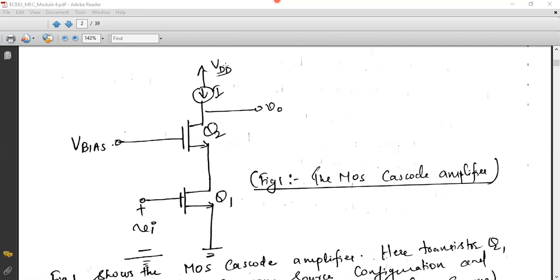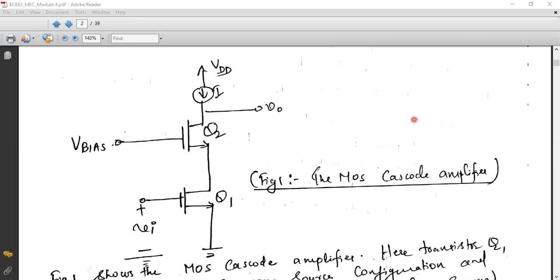The non-identical configuration means Q1 is in common source configuration and Q2 is in common gate configuration. Why is it common gate? You can see this gate terminal is common to both input and output, right? Taking the first stage, the output of Q1 is given to the source terminal, and you are taking the output of Q2 from the drain. So that will be common gate, because the gate is common to the input and output side. So Q2 acts as common gate and Q1 acts as common source. That is why they are put together and it is called a cascode amplifier.